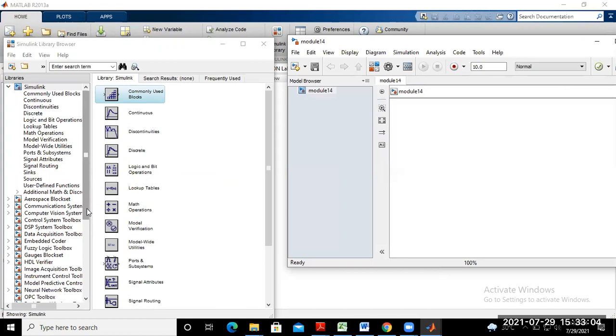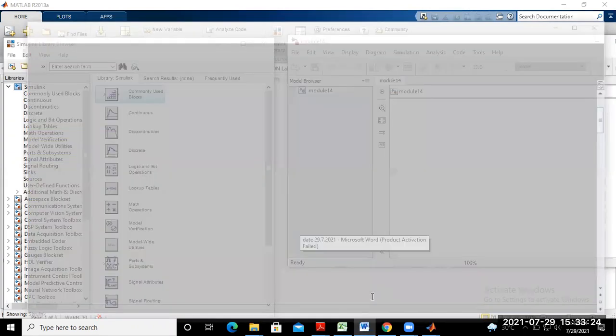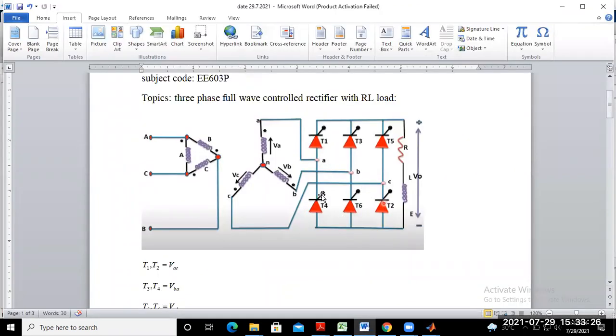These power electronic switching devices we have used in the circuit diagram. Diode or anything else? You have not remembered the circuit diagram? So just go through this one. Which type of power electronic switching device is this one? Just tell me which type of component we require for simulating this circuit.